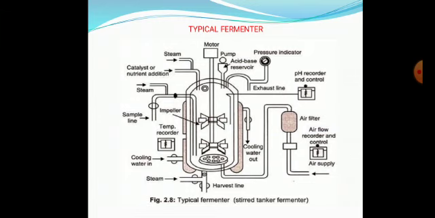Now this is a typical fermenter. See, the fermenter is just a vessel made up of different materials. You can see in the diagram there is a fermenter vessel, but the vessel as such you cannot see. There are so many pipelines connecting to the vessel. Fermentation has to happen under optimum conditions. For that, so many connections are required to monitor the fermenter. So whatever diagram you are seeing, we call it a typical fermenter.